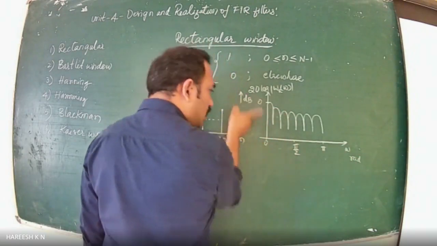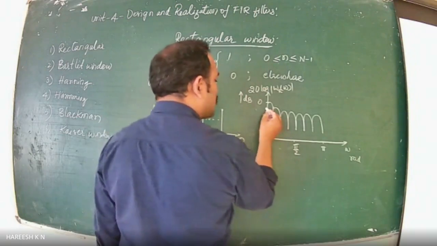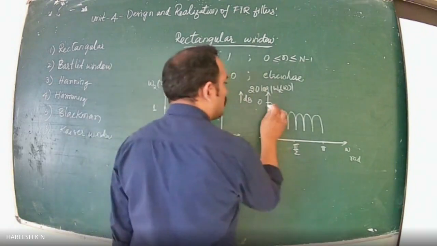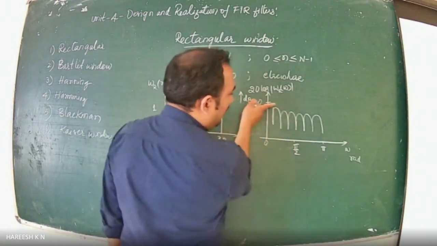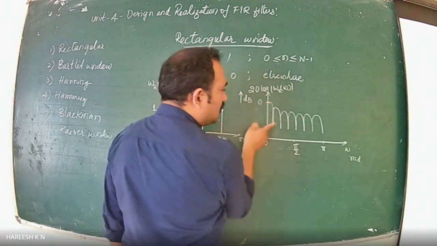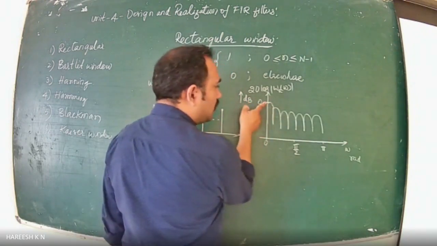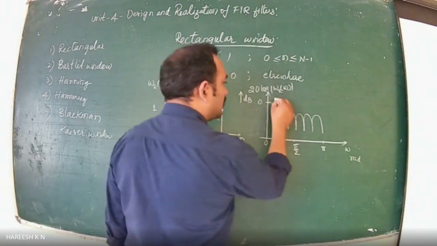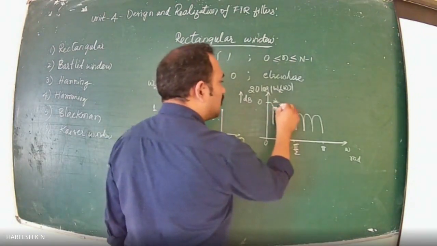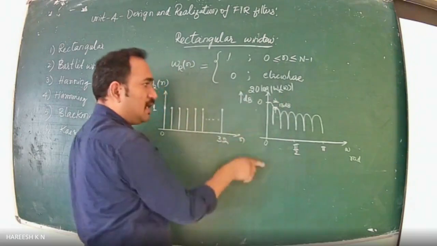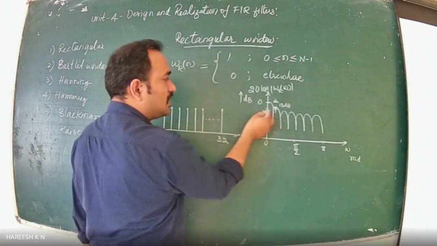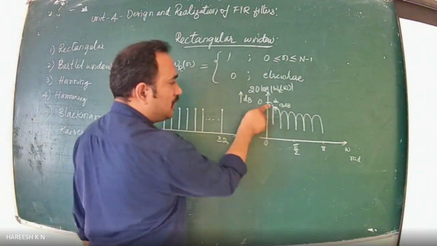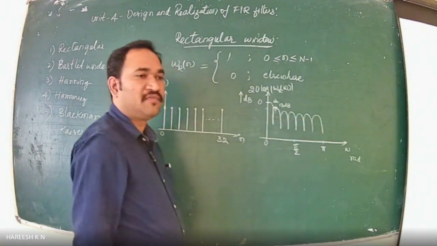Now, if this is 0, below is negative values, as we have seen in the Butterworth filter: 0 dB, minus 1 dB, minus 50 dB, and so on, isn't it? The first ripple starts from 0 dB, and the second ripple has its peak at some point. The difference between these two is 13 dB, so I note it here as minus 13 dB. The peak of the first ripple is the side lobe; this is the main lobe, and these are the side lobes of the frequency spectrum.